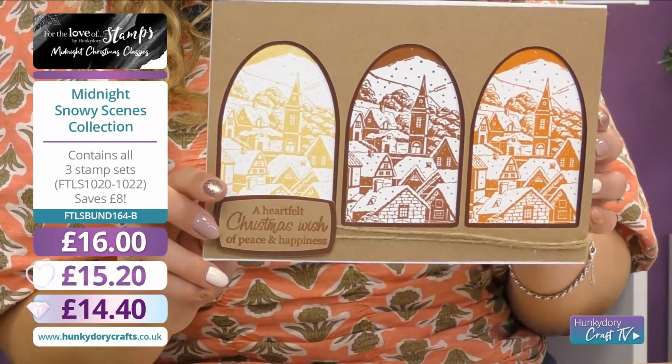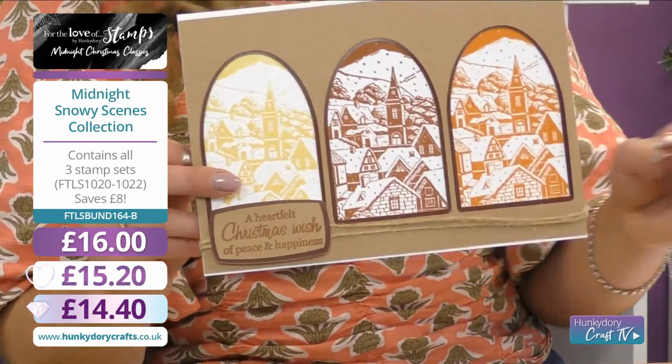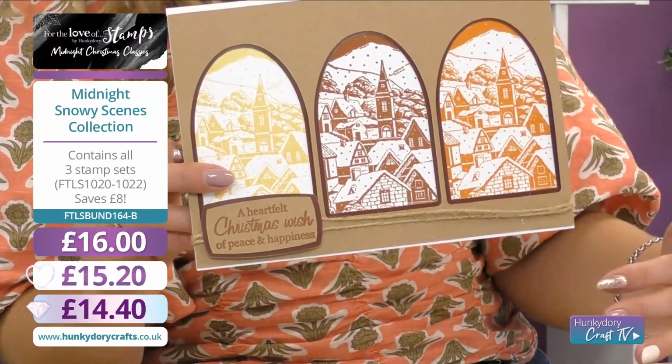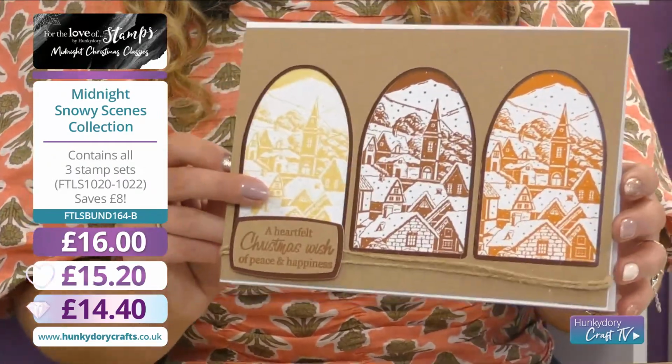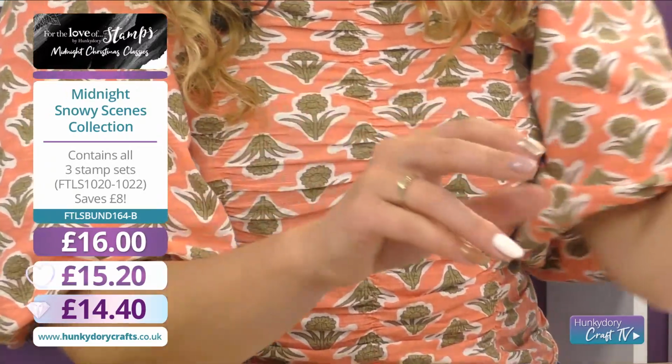Nice and warm and cozy colours in here. That's roasted pumpkin, cocoa bean and warm honey. Again, it gives you that ombre technique, but without having to go all the way down your stamp. You can just do it in the 3 colours and still achieve that look. So that's absolutely beautiful. The last thing I'm going to show you before we go to demo number 2 is